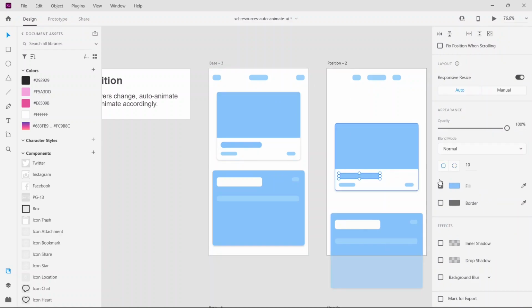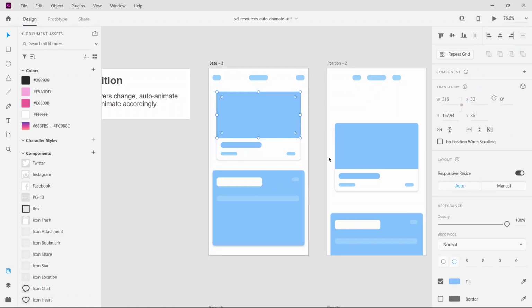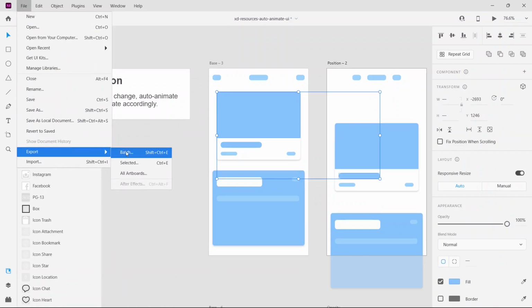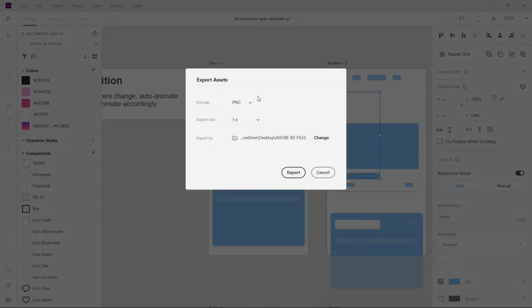Let's mark for export also another element. We can click on the element and mark for export, and we can select both of these elements. So we can click on one element, hold Shift, and click on the other element, go to File, go to Export, Selected, and now we will try to export them in PNG. So we can click on Export,